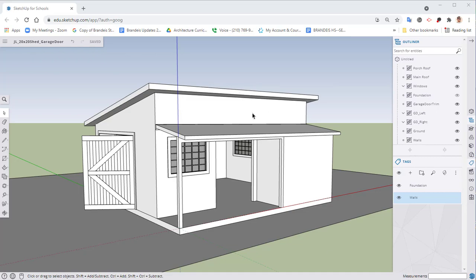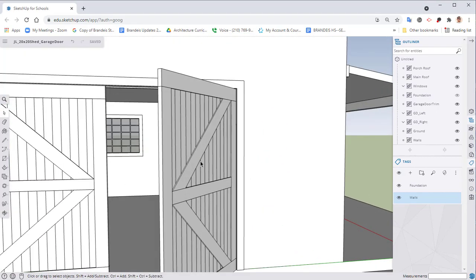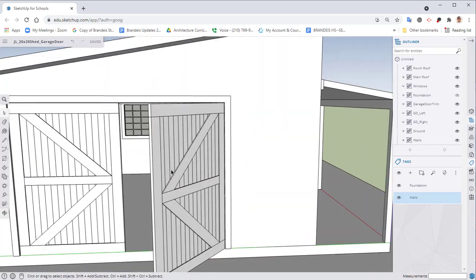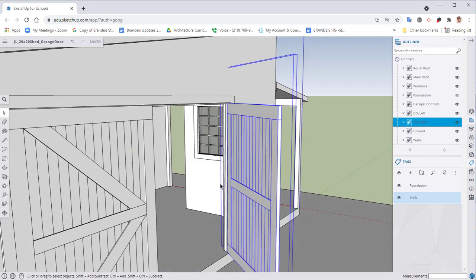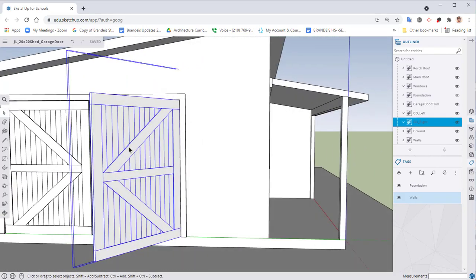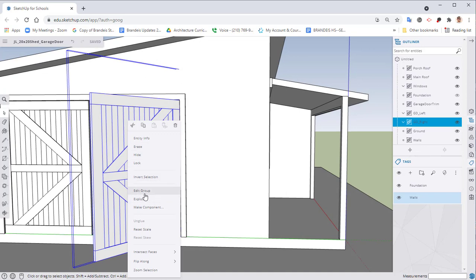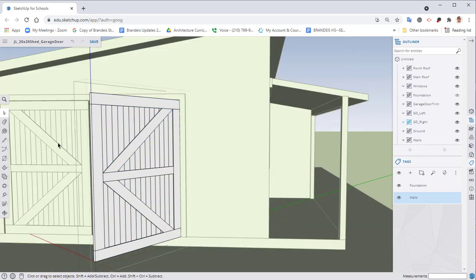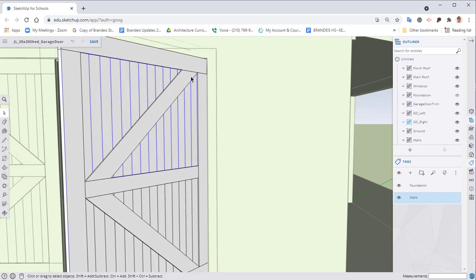So over here in our garage door, I forgot to bring over our cross braces to the other side. So really quick, I'm going to edit my group, because I have both my garage doors in separate groups. Over here in our outliner panel, you'll see I have garage door left, garage door right. I'm simply going to edit the door there,